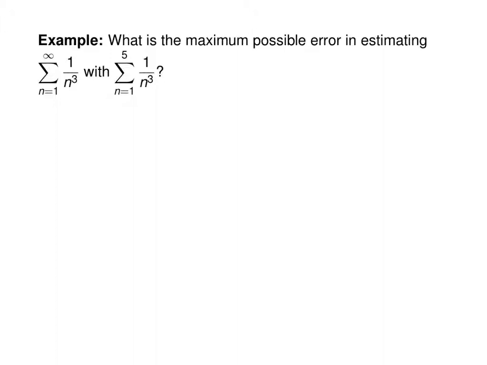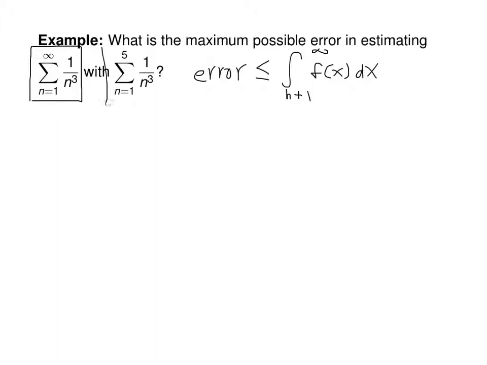One nice consequence of the integral test is it also gave us a means of estimating the error that we have if we estimate an infinite series with a finite number of terms. As long as you have something for which the integral test applies, the error is less than or equal to the integral from n plus 1 to infinity of your function. So if I wanted to estimate the sum of 1 over n cubed from 1 to infinity with the sum from n equals 1 to 5, the error is less than or equal to the integral from 6 to infinity of 1 over x cubed dx,